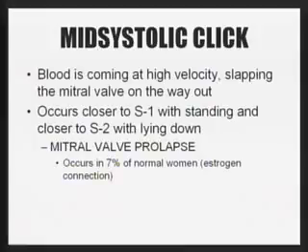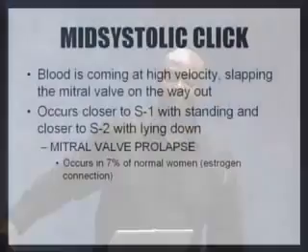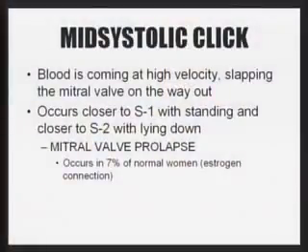You will hear it. Well, it turns out that if you have less volume in the ventricle, it has to contract harder. Does that make sense to you? Which means it's going to prolapse quicker. That's why it moves closer to S1. And if you got a lot of volume in here, then the ventricle can't contract fast anymore. That's why it's going to prolapse later. That's why it moves closer to S2. That means if I can do anything to decrease the volume in your left ventricle, your mitral valve will prolapse faster. Do you understand me?